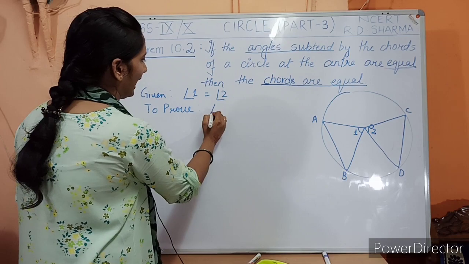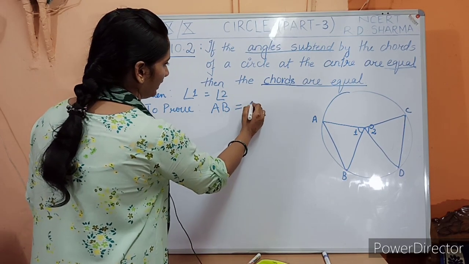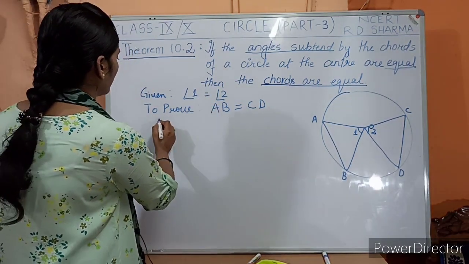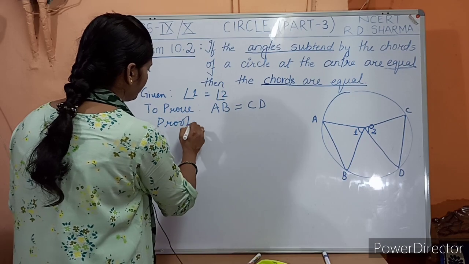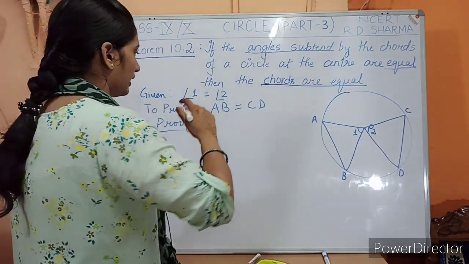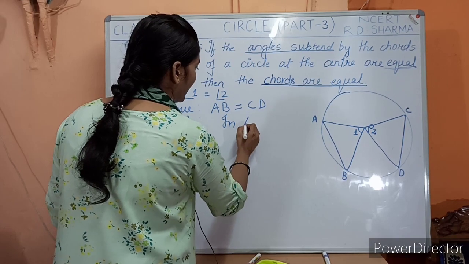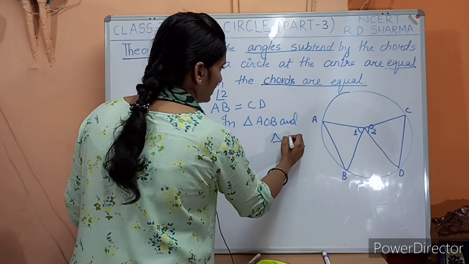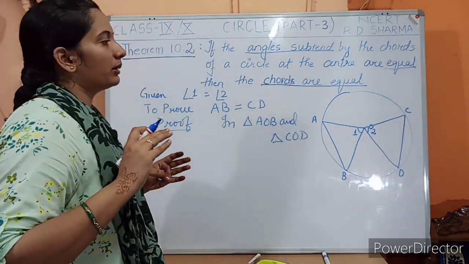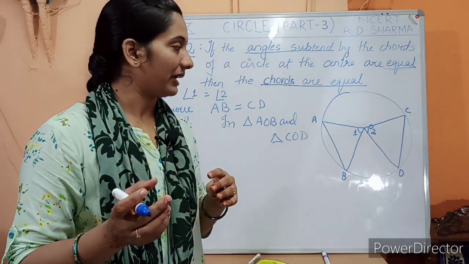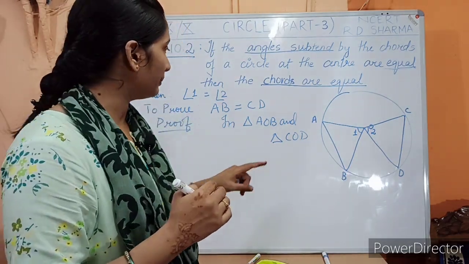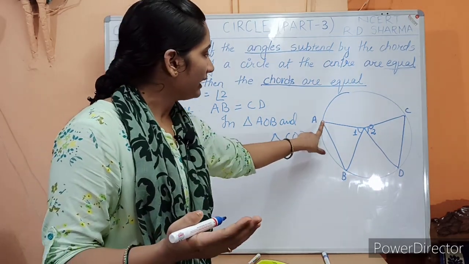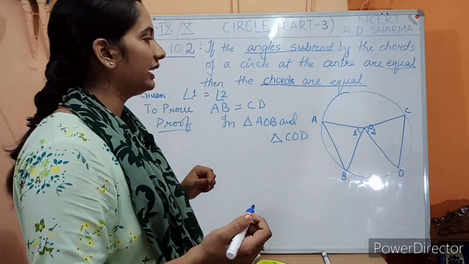Here we need to prove that the chord AB must be equal to the chord CD. ये दोनों chord आपस में equal होगा. Okay, so let us check out the proof part. देखो, here again we are just going to take two triangles, triangle AOB and triangle COD. यहाँ पर भी हम लोग वही logic apply करने वाले हैं जो हमने previous theorem में किया था. मतलब इन दोनों triangles को अगर हम congruent prove कर दें, so by CPCT we can prove the third side of the triangle must be equal.